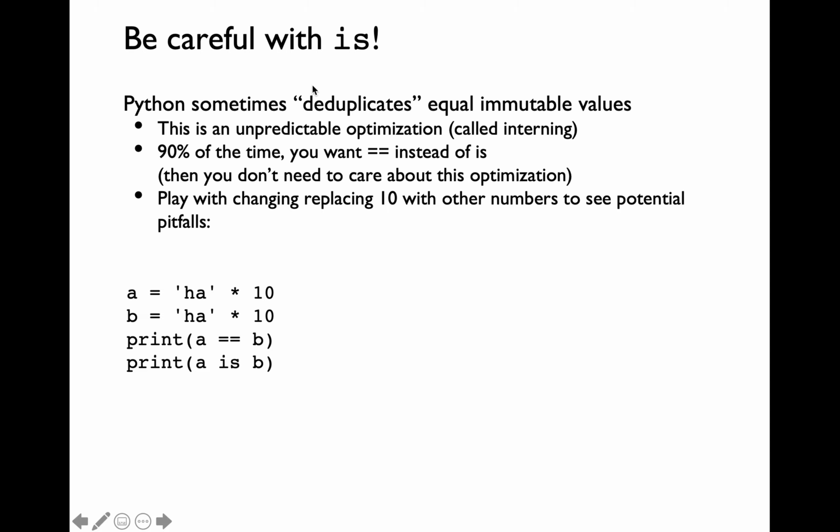Python performs something called deduplication with respect to the is operator. When you consider this example where you're multiplying the string ha by an integer 10 and you're storing the result into two different variables, you would think that a equal to b will return true, whereas a is b will return false. That will work for this particular multiplier. What will happen if you were to change this number 10 by a value of 1? Try out both those examples using Python Tutor.